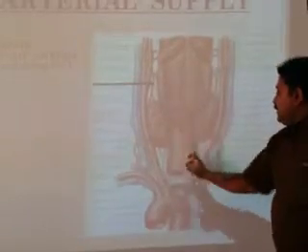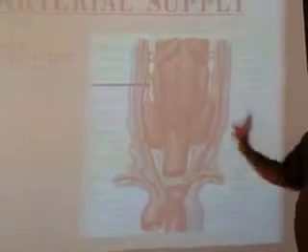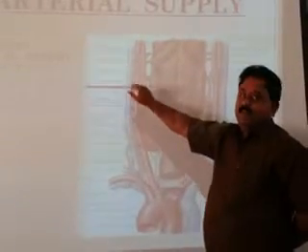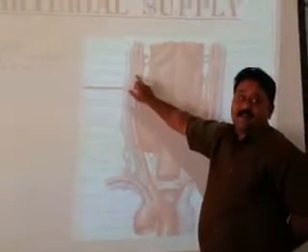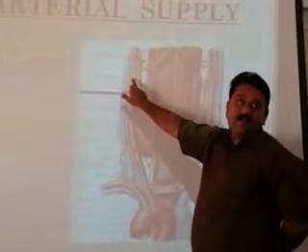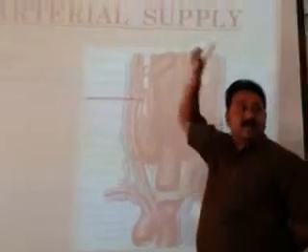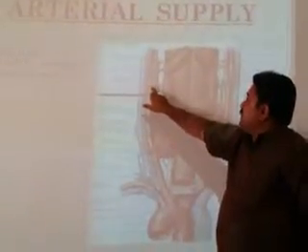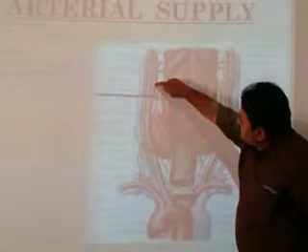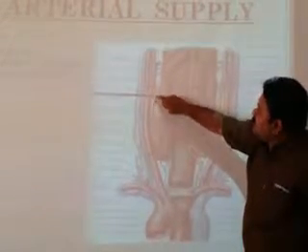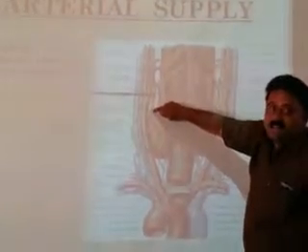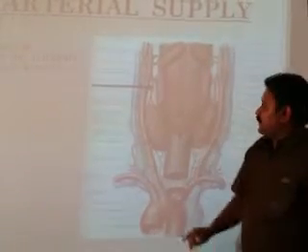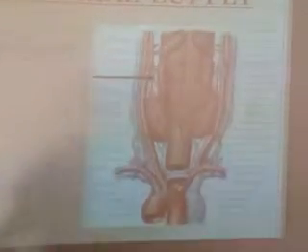So these both are right and left common carotid. Common carotid, it divides into two branches. Okay. External carotid artery and the internal carotid. So here is the internal carotid which supplies the brain. Okay. This internal carotid and external carotid, branch from this external carotid. It is the superior thyroid artery, branch from external carotid artery. Superior thyroid artery supplies the thyroid gland.